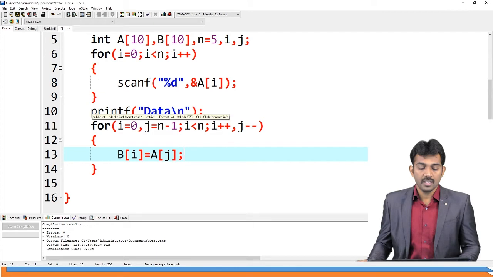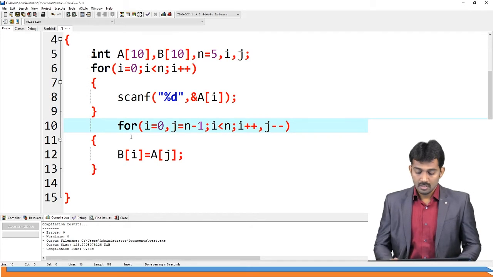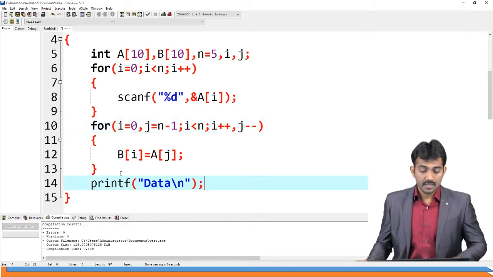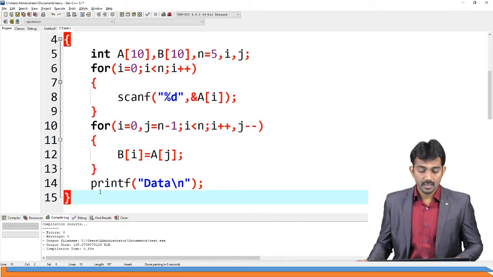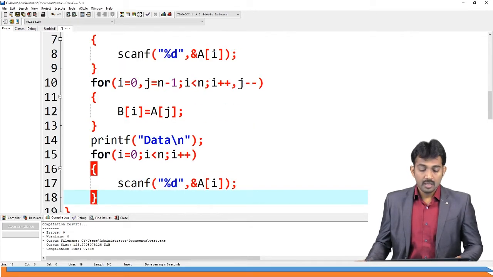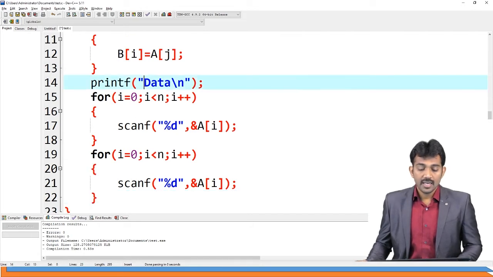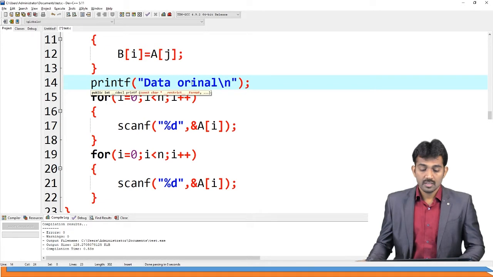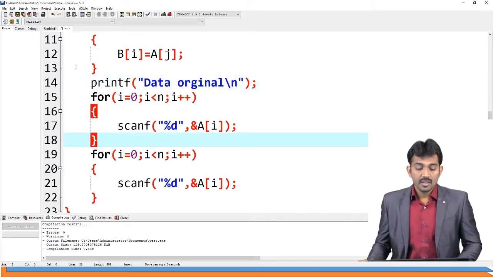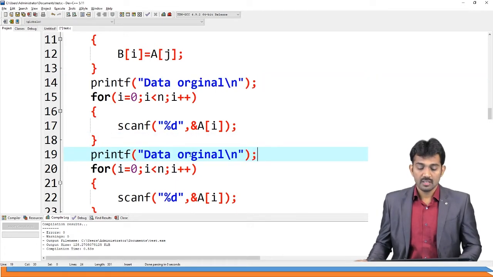Now use a for loop to print the b array, and one more to print the a array. A contains the data in the original order, and b contains the data in reverse order.